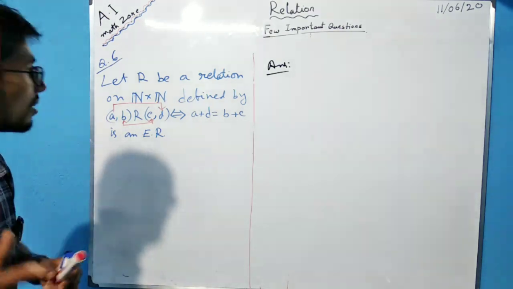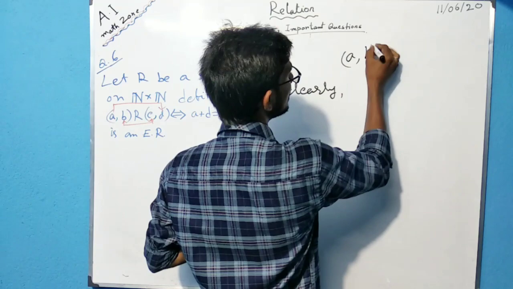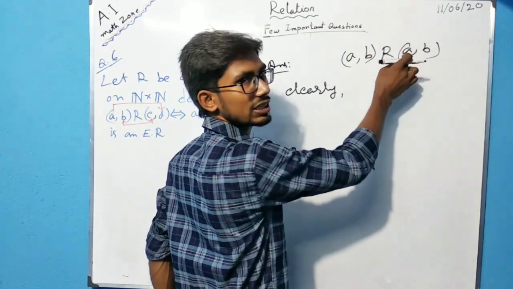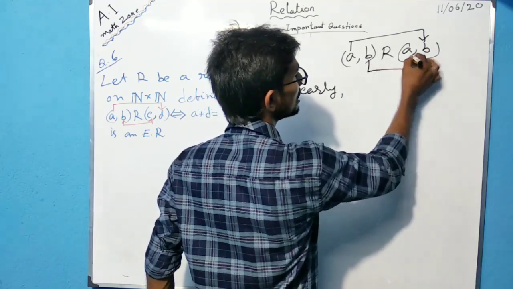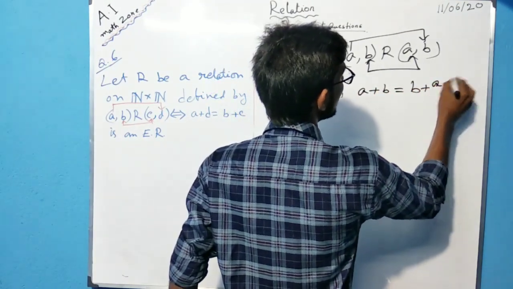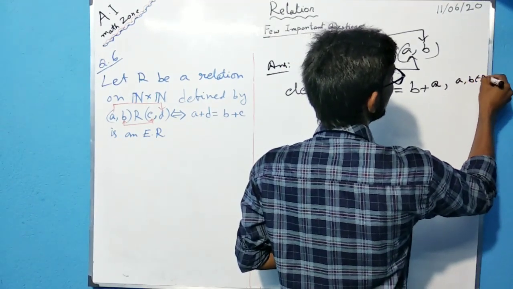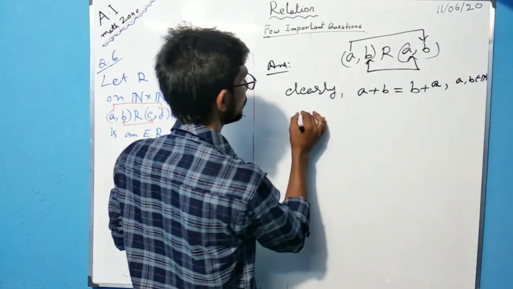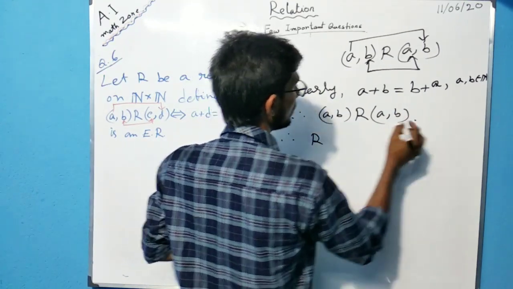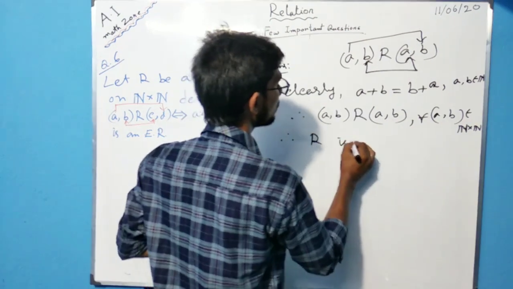So you have to show that this one is an equivalence relation, right। So first one, what is this, you have to show that this one is reflexive clearly। देखो हम लोग दिखाना चाहते हैं कि (a, b) is related to (a, b), this is our target, right। So अगर इसको दिखाना चाहते हैं कि (a, b) related to R है खुद के साथ, तो फर्स्ट एलिमेंट को जोड़ना है सेकेंड एलिमेंट के साथ और सेकेंड एलिमेंट को जोड़ना है यहाँ का फर्स्ट एलिमेंट के साथ। So ऐसा क्या होगा, clearly a plus b is equal to b plus a, right। कोई भी दो एलिमेंट a और b पर, (a, b) belongs to N, नेचुरल नंबर के लिए हम लोग ये लिख सकते हैं, therefore (a, b) is related to (a, b), therefore R is, for all (a, b) belongs to N cross N, this one, right। Therefore R is reflexive,